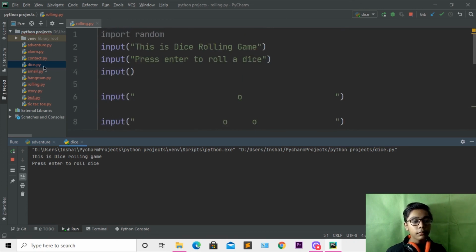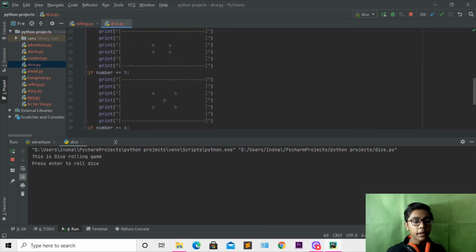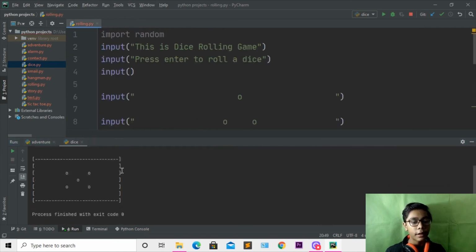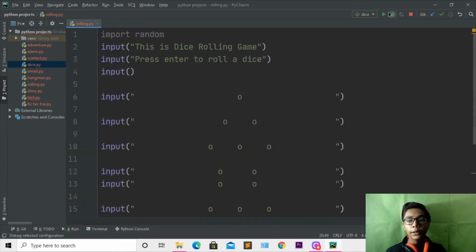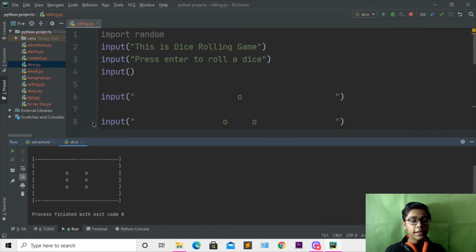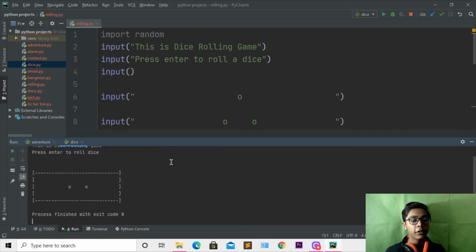If I open this file, you can see that we are getting many other things here. When you've done all that, you have to press enter again. You can see we are getting the answer 5. So you have to press enter 2 times. If I show you by running it here, you press 1 time and it doesn't run, so press another time. Now you can see it is coming 6. If I close that, you have to do like that and press enter 2 times here. Now you can see 2 is coming.